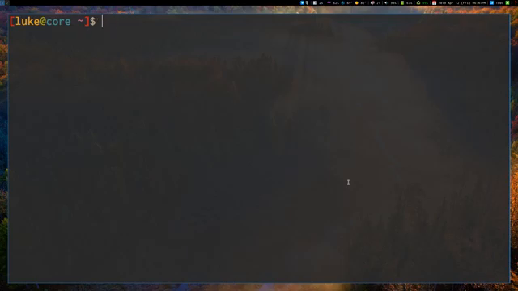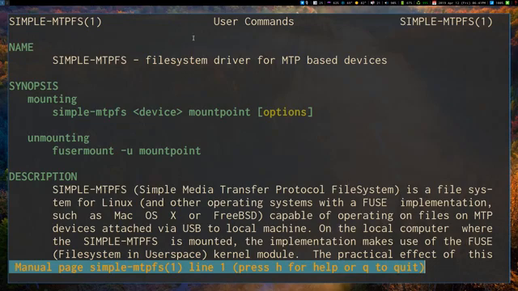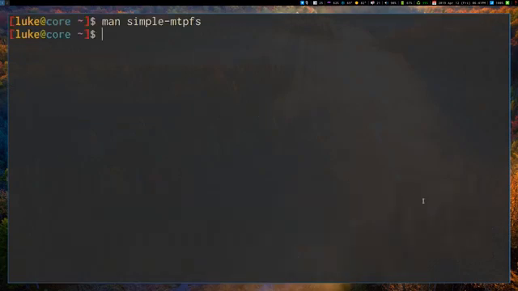So anyway, this program is relatively simple. You can check the manual, and I will show you not only how I have to always think about it every time I write it out. But I won't just show you how to mount drives and unmount them, but how I make it even easier for myself. So anyway, at a basic level, if I just run simple